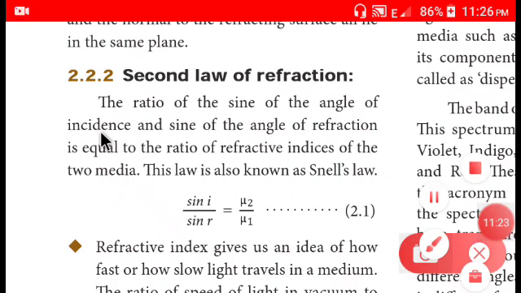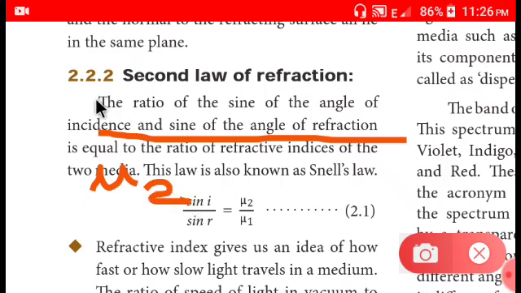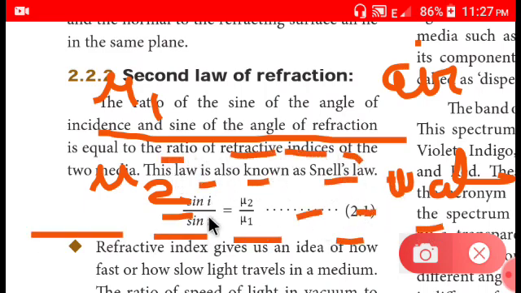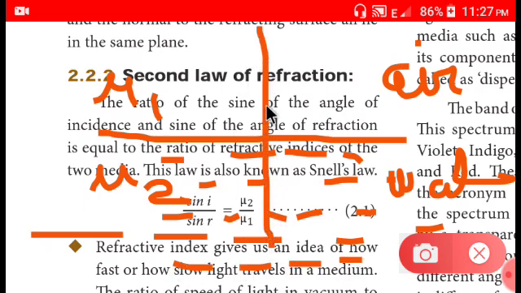So mu2 is the latter medium and mu1 is the first medium. Just for the diagram, this is the interface, and this is mu2, the second medium, and mu1 is the first medium. For convenience, we'll take them as air and water. This is just water, for drawing purposes. This is the normal line, which we always draw perpendicular. If light enters in this direction, it must go straight, right? But due to refraction, it will bend in this direction.